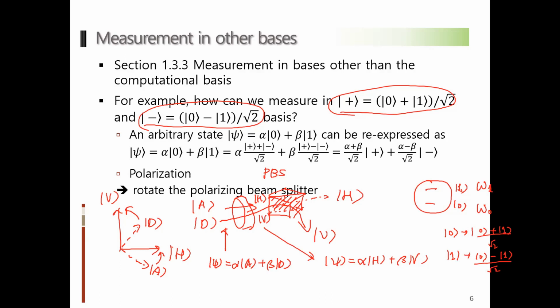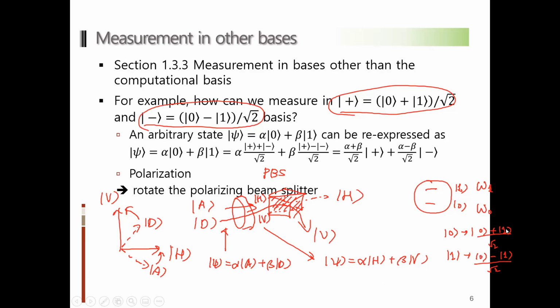Unfortunately, I don't have enough time to explain the details of the Rabi oscillation, but you can just trust me that we can implement this kind of rotation, this kind of change, linearly. And then if we apply such a Rabi oscillation, then the basis will be transformed in this way. And then what happens is exactly like